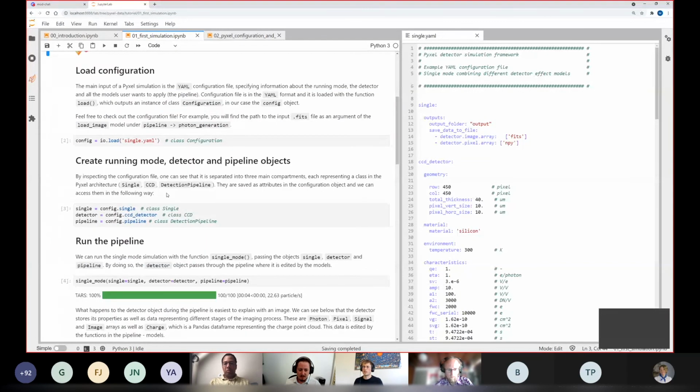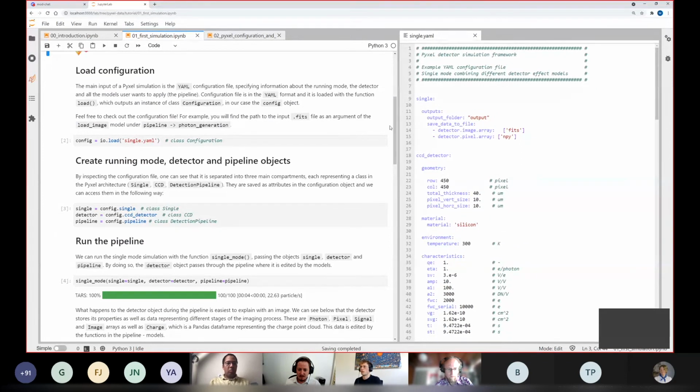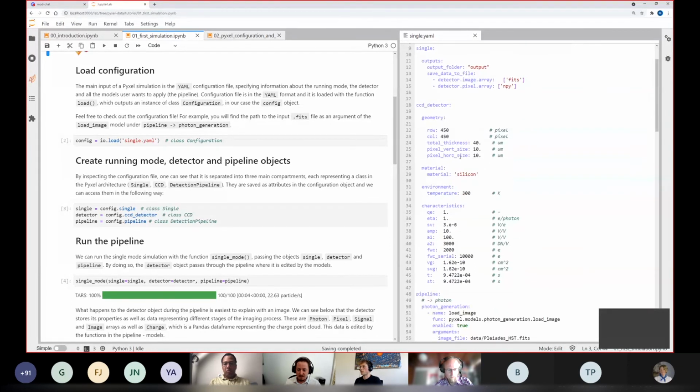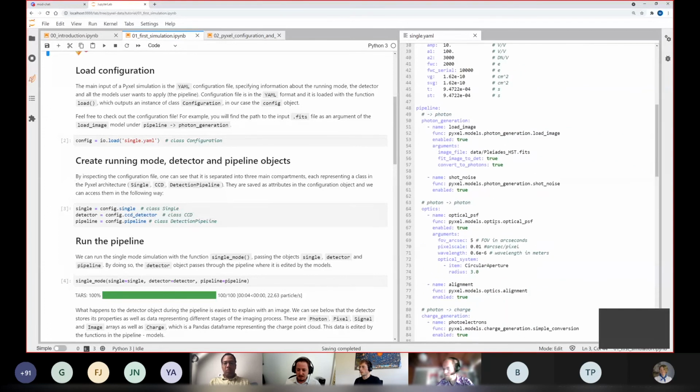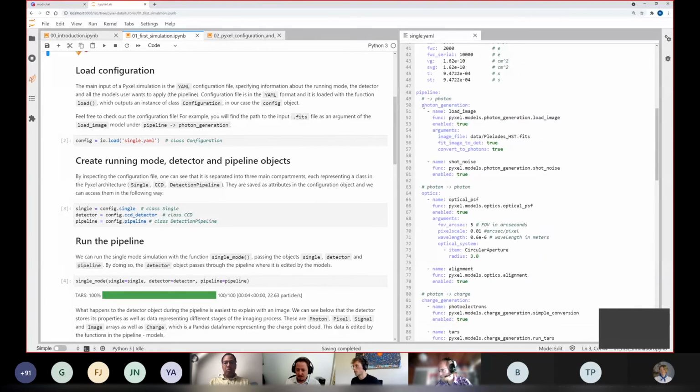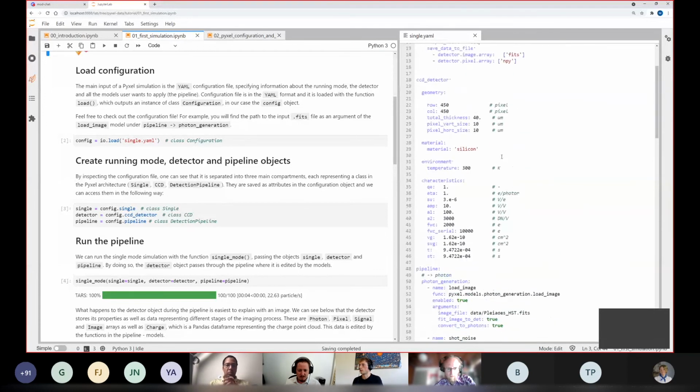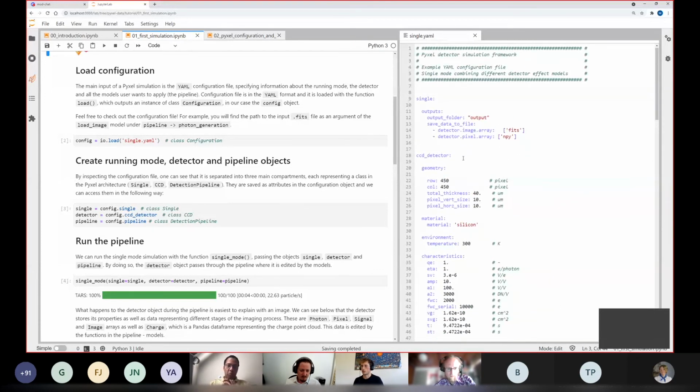So the first thing that we need to do is load the configuration file, which we see here on the right. And Tigo already told you that it consists of 3 parts. The first part describes the running mode, the second part the detector, and the third part contains all the model functions and all the arguments of models in this pipeline. So we import this YAML file with the function io.load, and what it does is that this YAML file is read as this huge